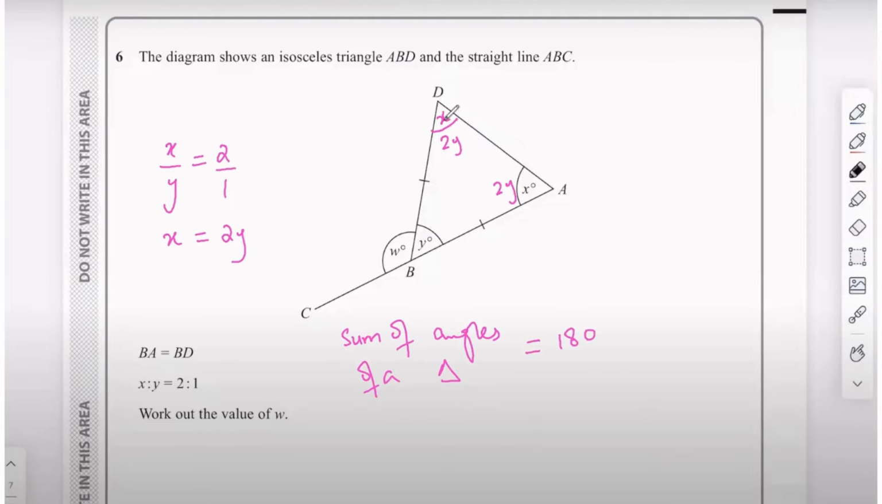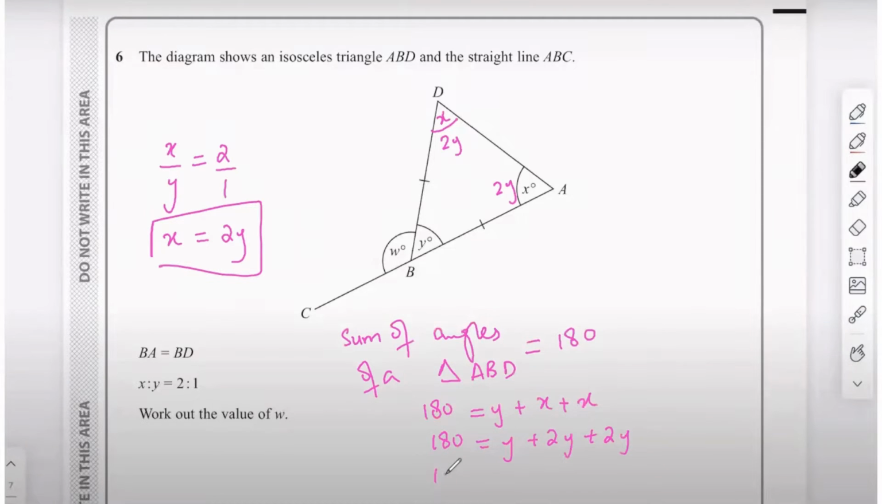So if you look at triangle ABD, 180 equals Y plus X plus X. And since we said X is equal to 2Y, replace X with 2Y. So that's going to be 180 equals 5Y. So that means 180 divided by 5 equals Y, which is basically equal to